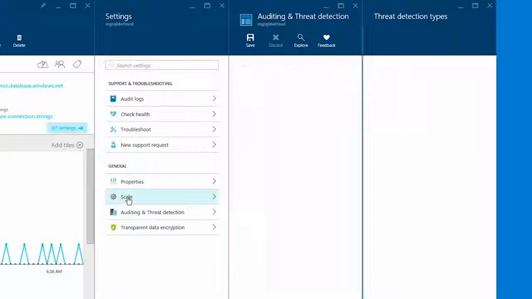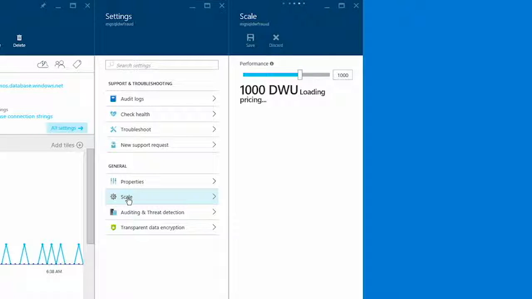We covered off scale earlier on around elastic scale, but here we've got a data warehouse which has already been created. Earlier on, we showed the scale being set when we created that data warehouse. Here you can see very quickly, my data warehouse is running. All I have to do is select a different level of compute power for my data warehouse, click Save, and then that compute power setting has been applied to my data warehouse,